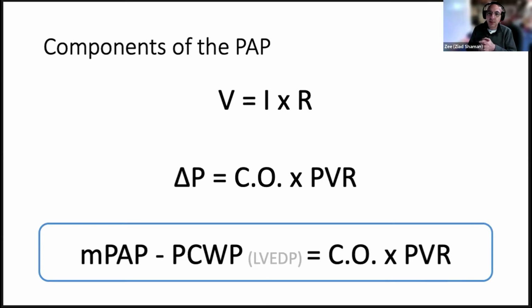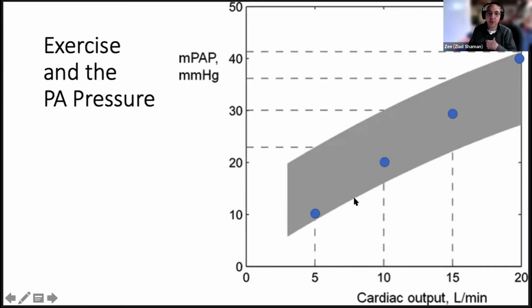So you have a good capacity so that your pressure doesn't go up and you can actually pump fluid through the circuit, but you're not going to be able to do as much as increasing cardiac output. So this is what happens in somebody who is normal, who goes exercising. Let's say you start with a cardiac output of 5 at rest, and you have a mean pulmonary artery pressure of 10 millimeters of mercury, and you double your cardiac output by going up a flight of stairs. Then you will increase your pulmonary artery pressure, but not at the, so this would be the straight line increase,